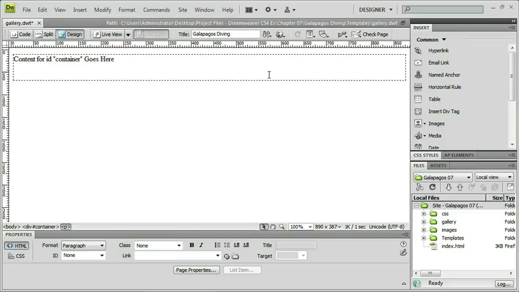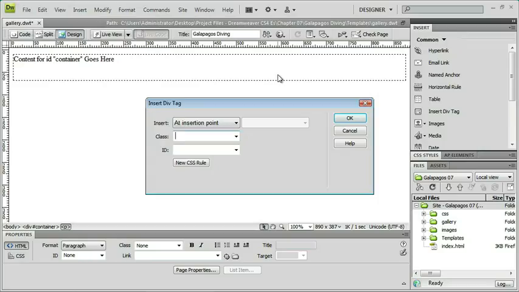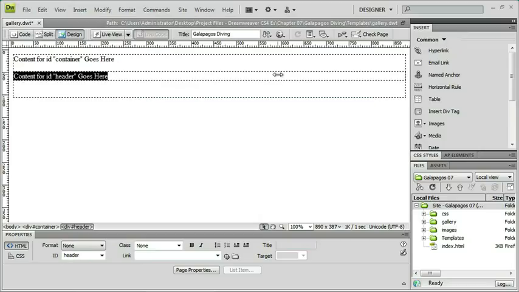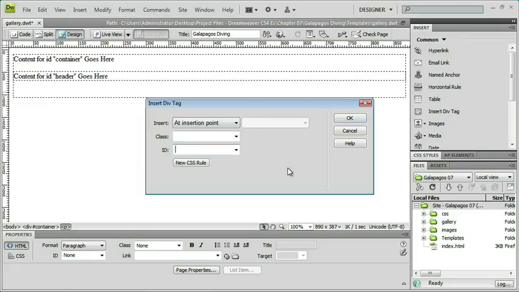Inside my container div, I'm going to want 3 more divs. So let's insert the first one. By the way, you can use the tab key to move through these fields. And I'm going to call this one Header. Now just below it, just inserting my cursor below it, I'm going to create one called